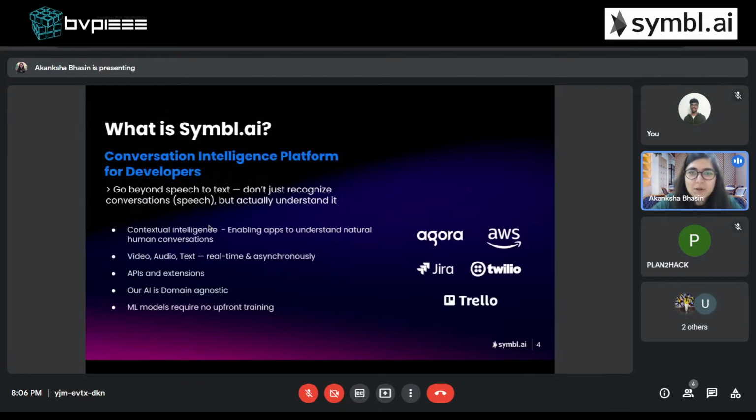So, what is Symbl.ai? Symbl.ai is a conversation intelligence platform that enables you to add AI and ML on top of your voice, video, or text communication interfaces. Think of Symbl as a one-stop shop to manage all your conversations and generate automated speech recognition, sentiments, actions, questions, custom intents, topics, speech analytics, and so much more into the application without building and scaling ML in real time.